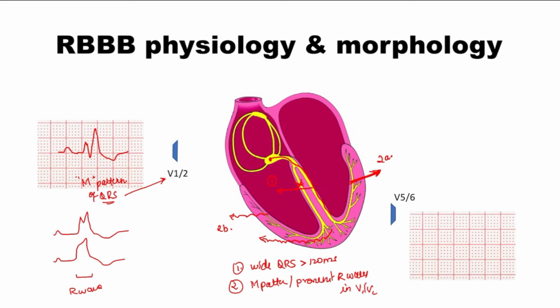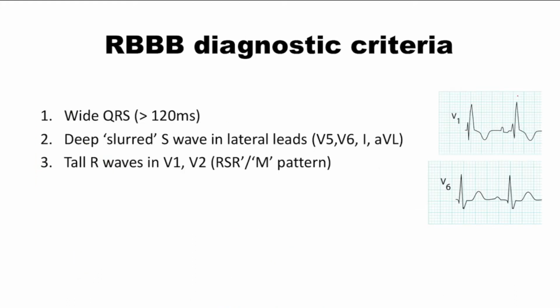Now what happens is just the opposite in the left sided leads, that is V5, V6, aVL and lead 1. A P wave is formed uninterrupted. Then we see a negative deflection, which is the septal Q wave. We see a left ventricular depolarization followed by a slurred and wide S wave, which is because of the right ventricular slow depolarization. Now the third important factor hence becomes a slurred S wave in lateral leads. I hope these 3 points are clear. So these three form the diagnostic criteria.